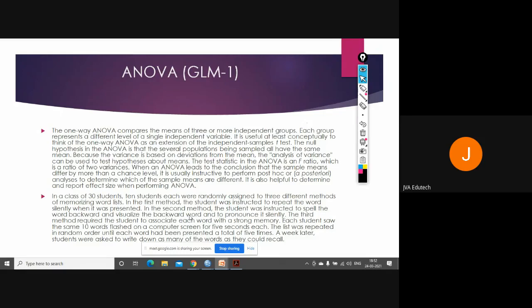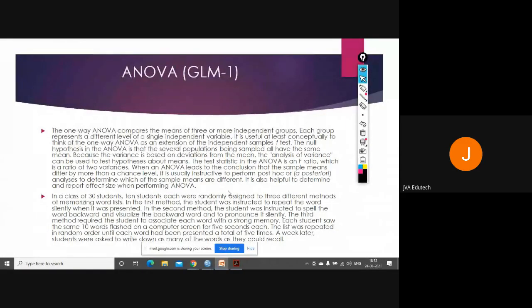In the second method, the student was instructed to spell the word backward, visualize the backward word and pronounce it silently. The third method required the student to associate each word with a strong memory. Each student saw the same 10 words flashed on a computer screen for 5 seconds each. The list was repeated in random order until each word had been presented a total of 5 times. A week later, students were asked to write down as many of the words as they could recall.